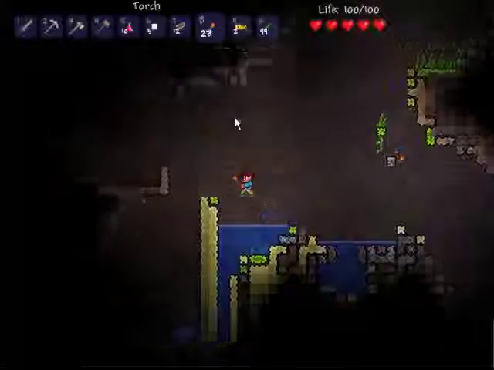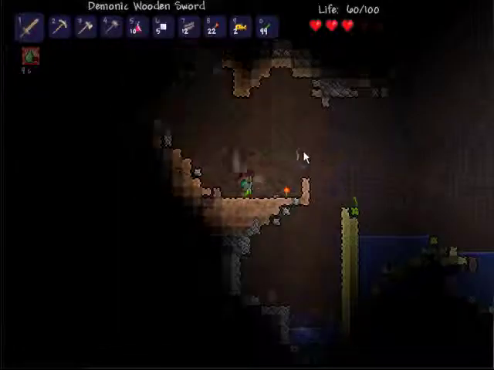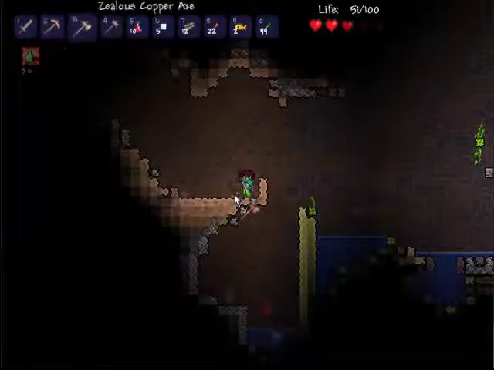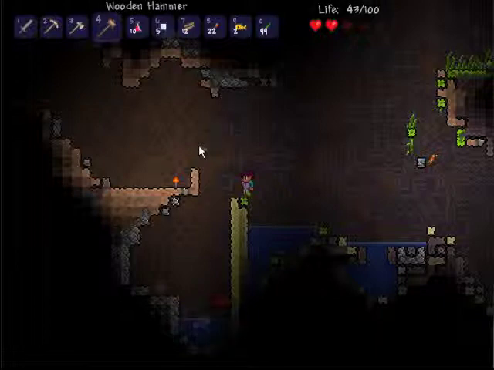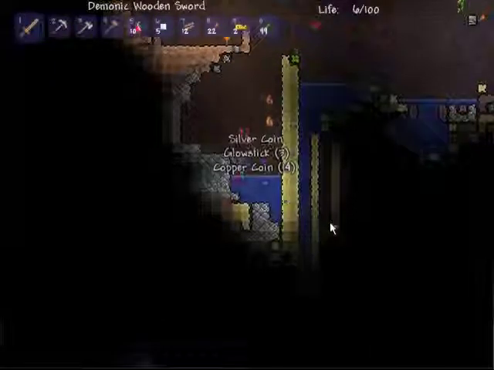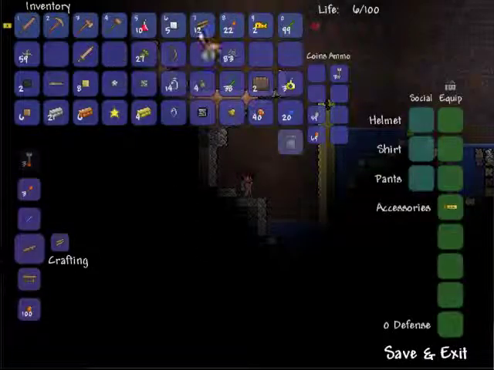Surprised I haven't run into any jungle mobs yet. It's a pleasant surprise. Ow! So that's where the pressure plate is. I'm gonna go ahead and take that, actually. Fine, I'll kill the jelly and the slime. Well, it got me some silver, but let's see. Do I have anything I can...